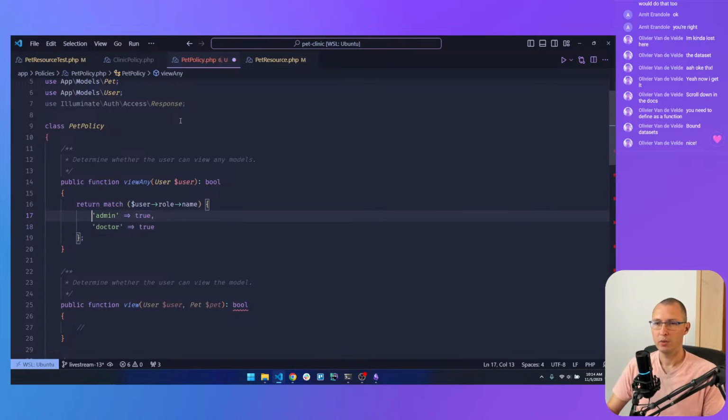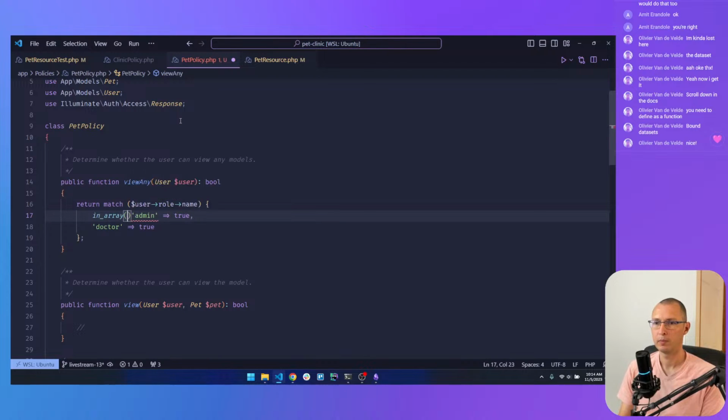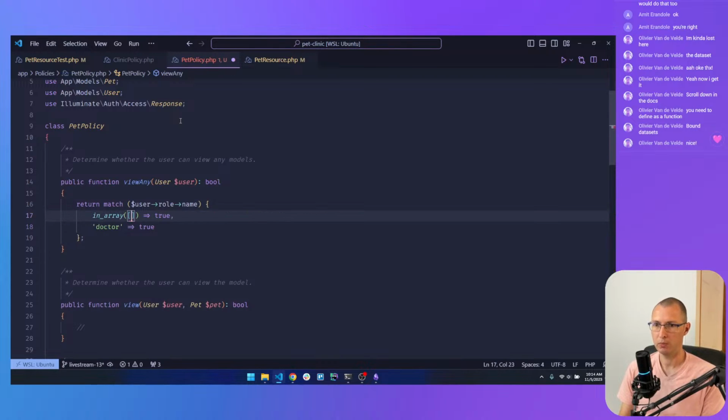We could just use in array here. What's that? Hmm. No, it doesn't work. Does it work like this? Yes.